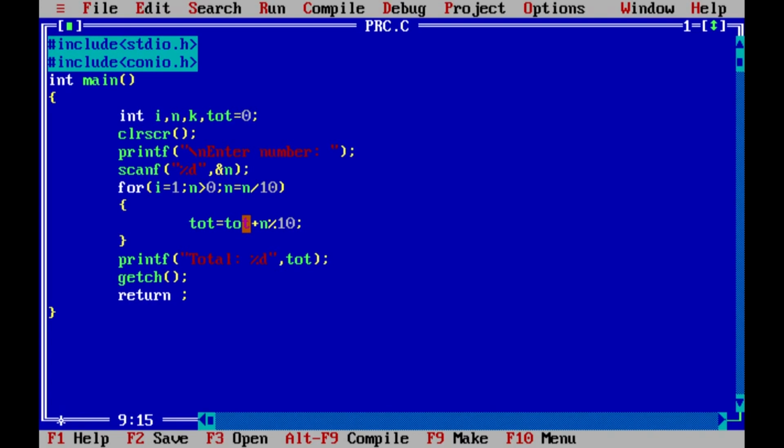Then again it will divide the number from 12 to 1, and then it will add the 1 to total, so the total will be the sum of all digits included within that number.